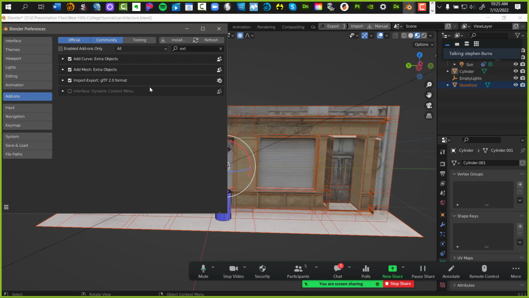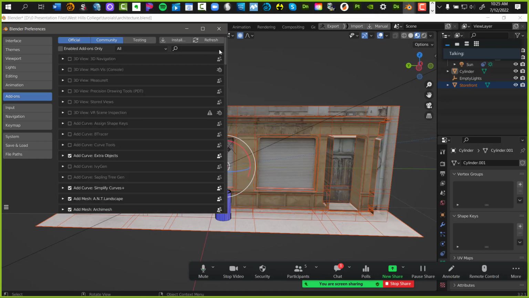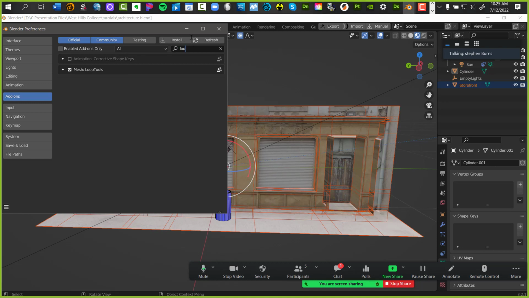And there's one more that I'm missing. I can never remember. It's called Loop Tools. So put up here L-O-O, the first three letters of Loop Tools. It'll find it. Mesh Loop Tools. Make sure that is checked. All good? Good. You guys are fast. That was it so far. If I forget something, oh, one more. Images as planes.